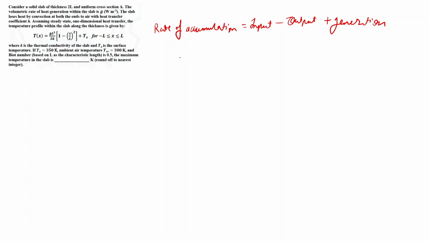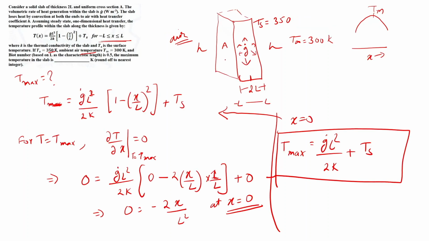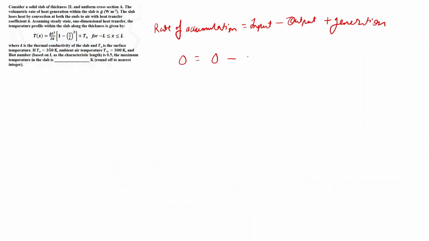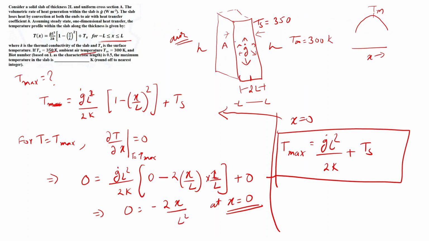Now here the rate of heat accumulation will be 0, the input to the given system is also 0, and the output will be, since the heat is generated and here there is air, convection will occur through this slab. So we can write the output as twice the heat that has been conducted through a single layer. Since there are two surfaces, one on this side and another on this side, we will write the heat transfer due to convection as twice of hA delta T. Delta T in this case would be my surface temperature minus the ambient temperature, that is Ts minus T infinity,